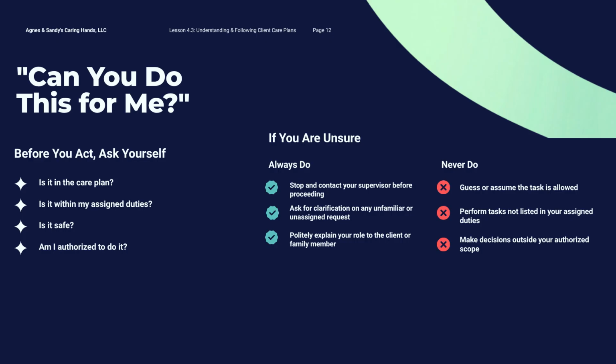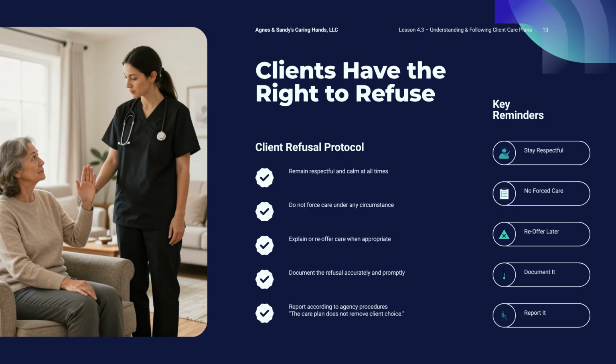or trained to perform. A service being listed in the care plan does not mean that a client loses the right to make choices. Clients may refuse care. If that occurs, remain professional and respectful. Do not force the client to participate. When appropriate, explain the assistance being offered and try again later if permitted. Document the refusal and notify your supervisor according to agency procedures, especially when the refusal could affect the client's health